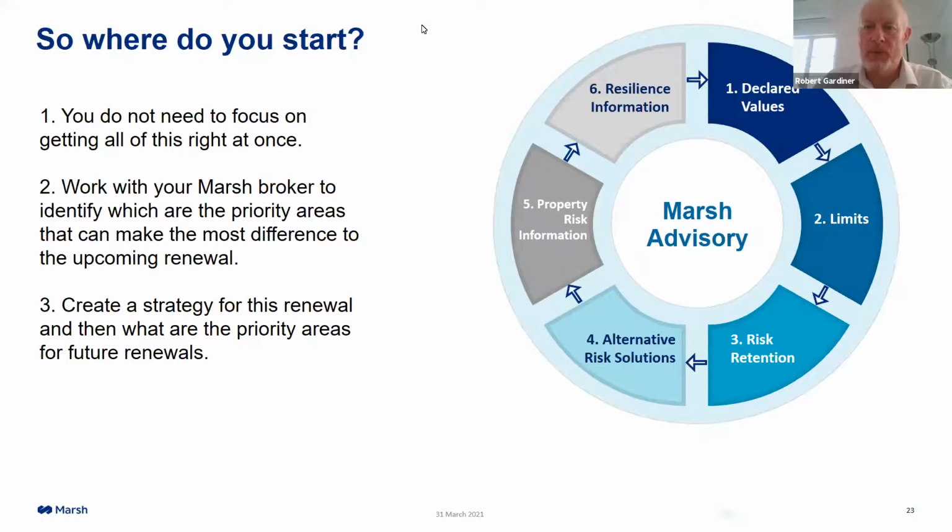Data is fundamental to all of this, be it if you're considering risk retentions or alternative risk solution strategies, at the end of the day, it relies on quality data. So investing in that will not be wasted, making sure you've got the most accurate information to allow you to make informed decisions about how much risk you retain and transfer to the market. It's got to start with quality data.